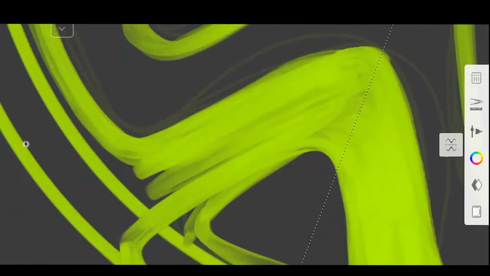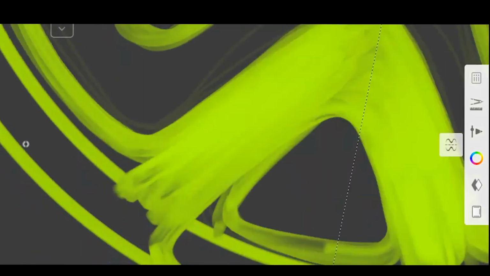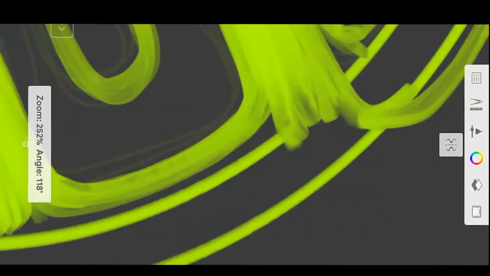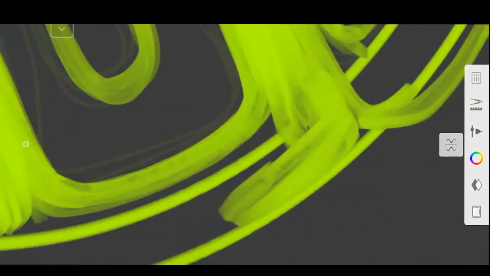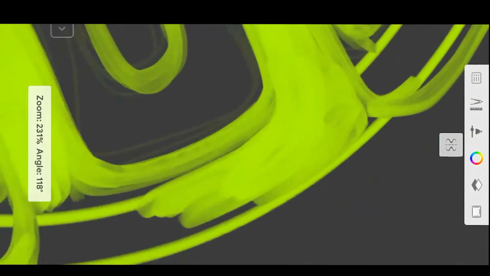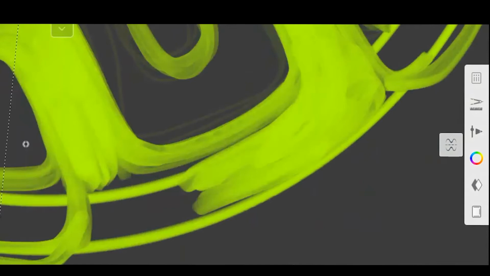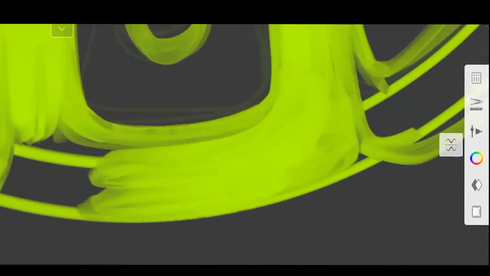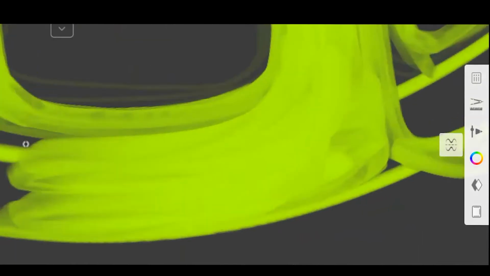So to blend it perfectly, as you can see when I'm stroking here and there, the black color is also mixing with the green color. And when I'm overlapping it again and again, then only that green color appears.